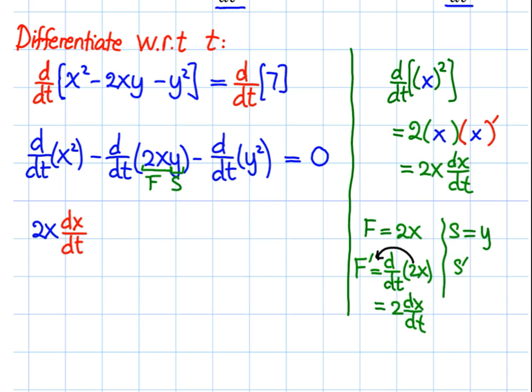The derivative of the second term is just d over dt of y, or just dy over dt. Right. And we're going to put in the product rule for the middle. Just watch out for the negative sign here. Right. The product rule